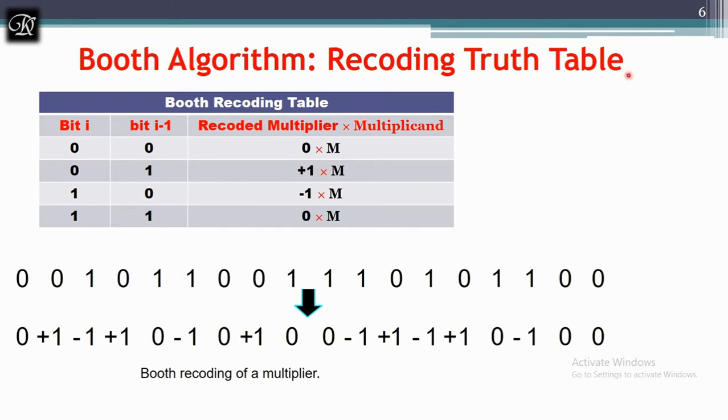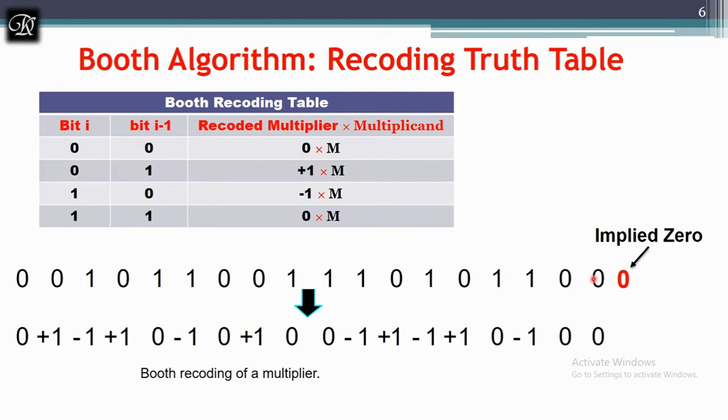First, when you are starting, consider this is the first bit. I don't have a 0 before that, though it says you have to have a previous bit. For that, we are going to assume there is a 0, because initially you can add 0. By adding 0, it's not going to affect the values, right? So we are going to assume there is an implied 0 and find a combination of this based on the truth table. If the previous bit is 0 and the next bit is 0, then the answer is 0.